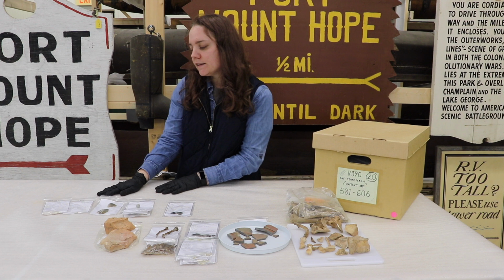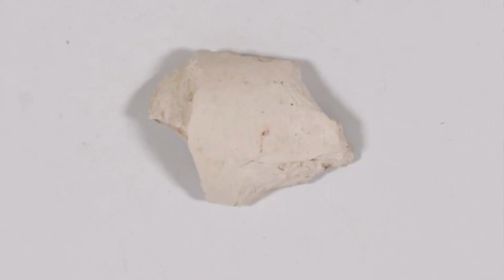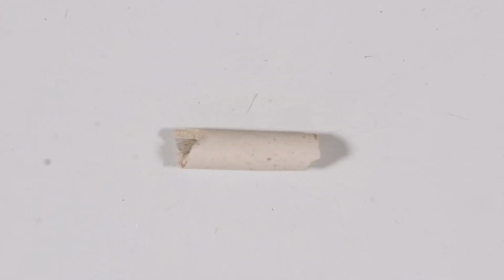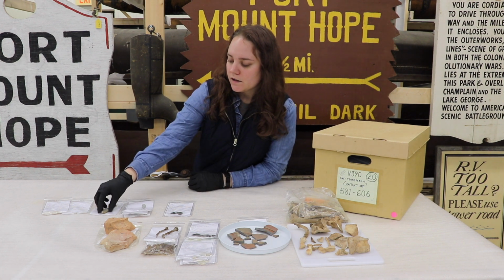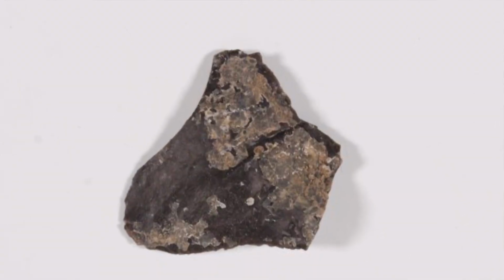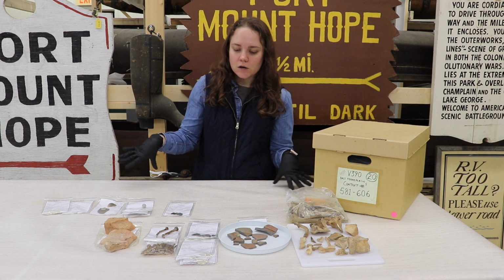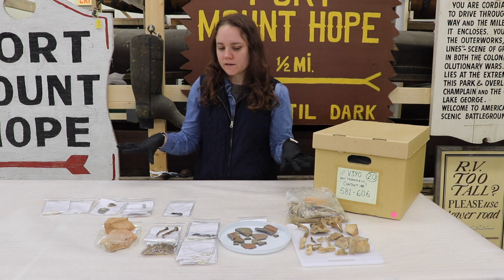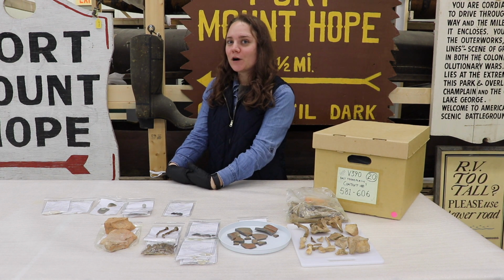Pipes are another thing that we have a lot of fragments of. We have some bowl fragments here, and then we have a tiny piece of a pipe stem as well. We also find ammunition, like this musket ball, and we find gun flints as well. Chert flakes are another thing that we are finding within these boxes. In the future, we'll likely do videos that go more in depth into all these different types of categories that I mentioned here. And now I'll turn it over to Tyler, who will tell you more about some particular